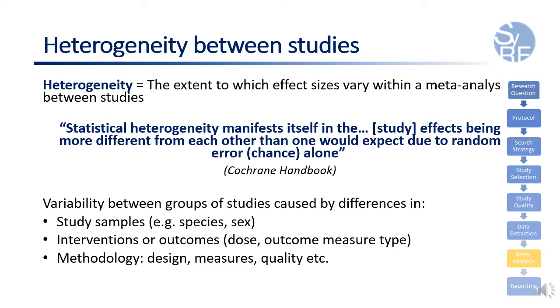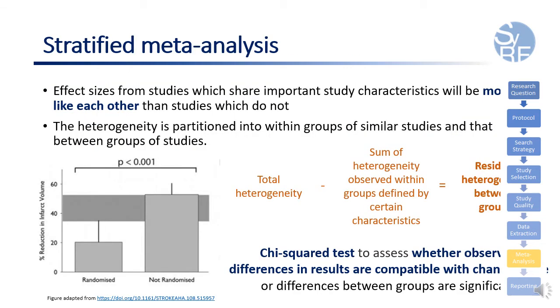And it is interesting and valuable to explore these significant differences within research fields to inform future research about how to design subsequent animal experiments and about how findings might translate to higher domains of research like clinical research. So variability between groups of studies can be caused by the samples and their characteristics being used in a study, the interventions administered and their way of administration, as well as outcome measure details and general methodology and the quality of this. Investigating this heterogeneity and the influence played by different study characteristics on the observed effect size can be determined by two different methods.